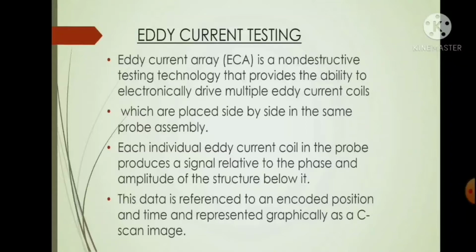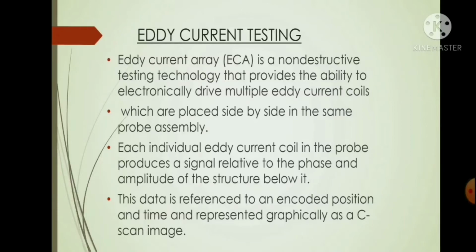Eddy current. Eddy current array is a non-destructive testing technology that provides the ability to electronically drive multiple eddy current coils, which are placed side by side in the same probe assembly. Each individual eddy current coil in the probe produces a signal relative to the phase and amplitude of the structure below it.